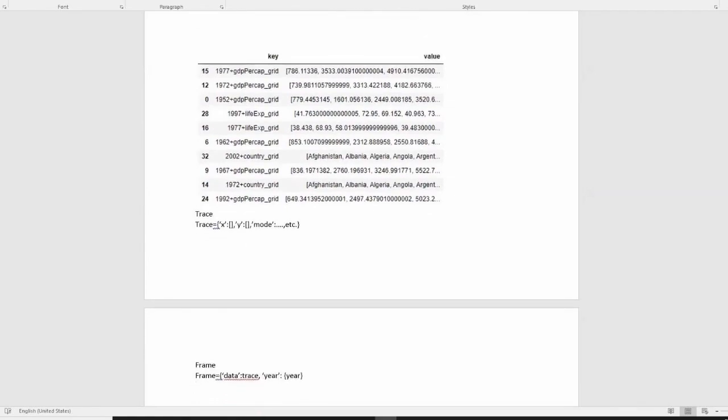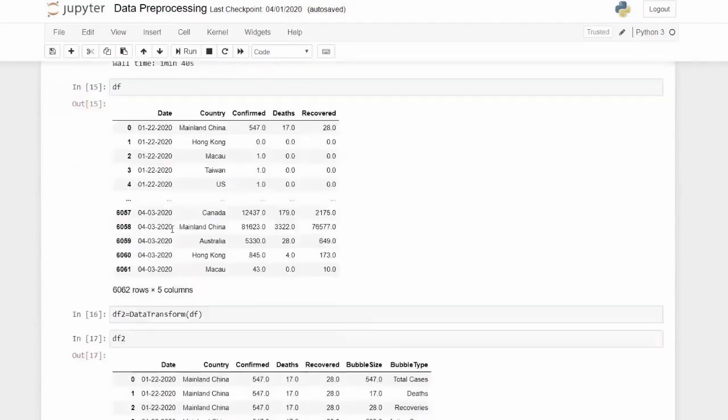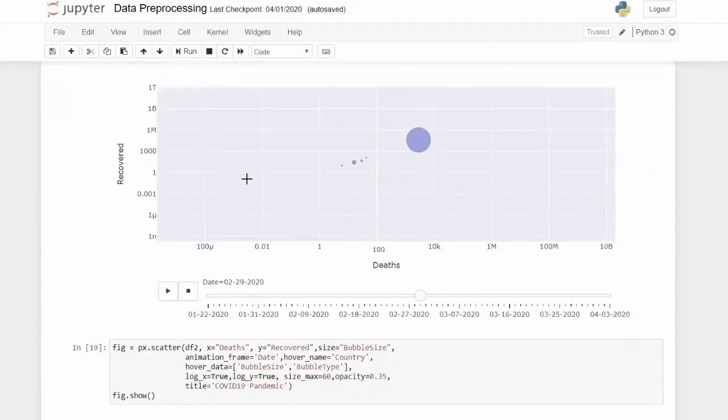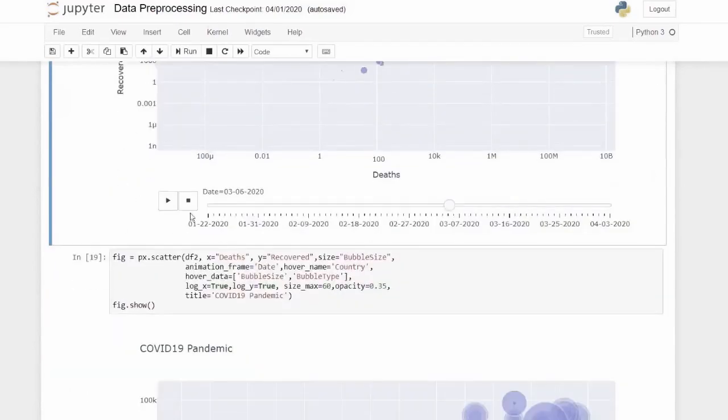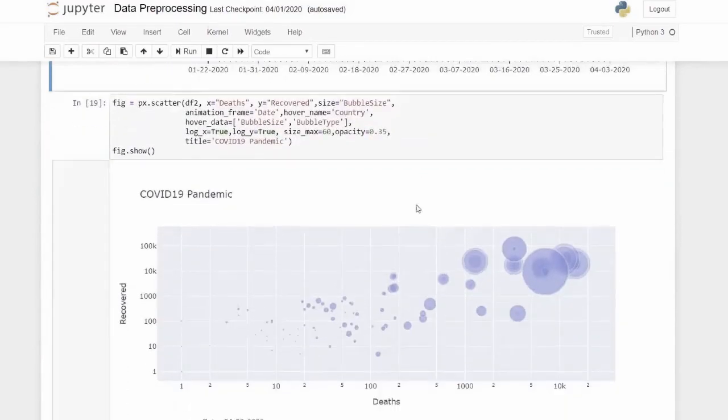This frame is then used to create the chart, which you can see. These frames are then used to create these very interesting charts. Okay, so this is how Plotly works.